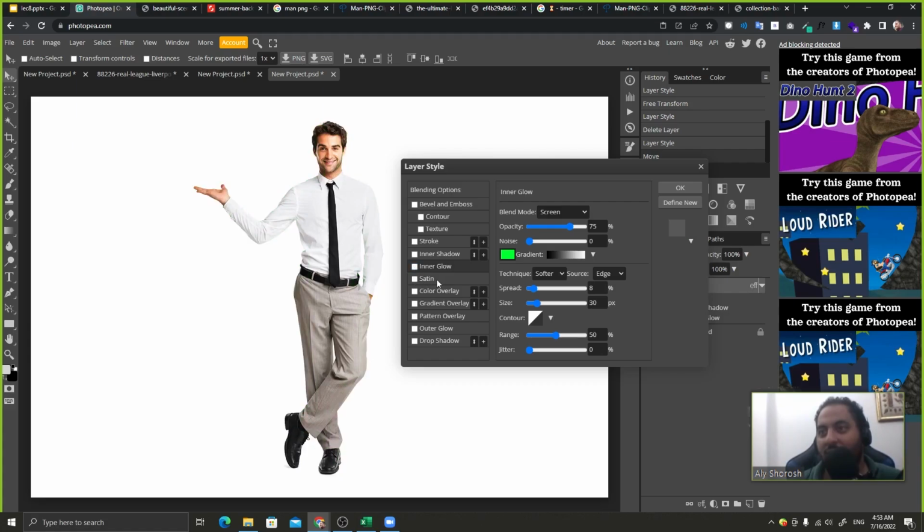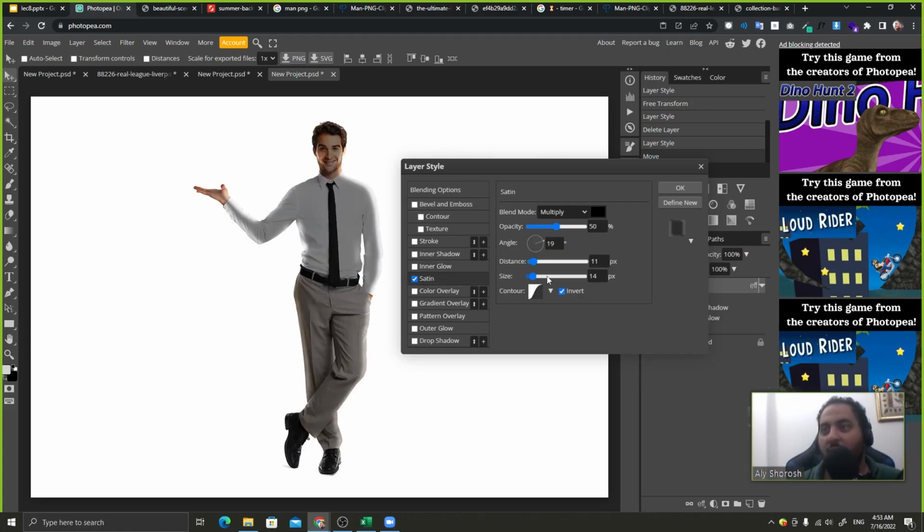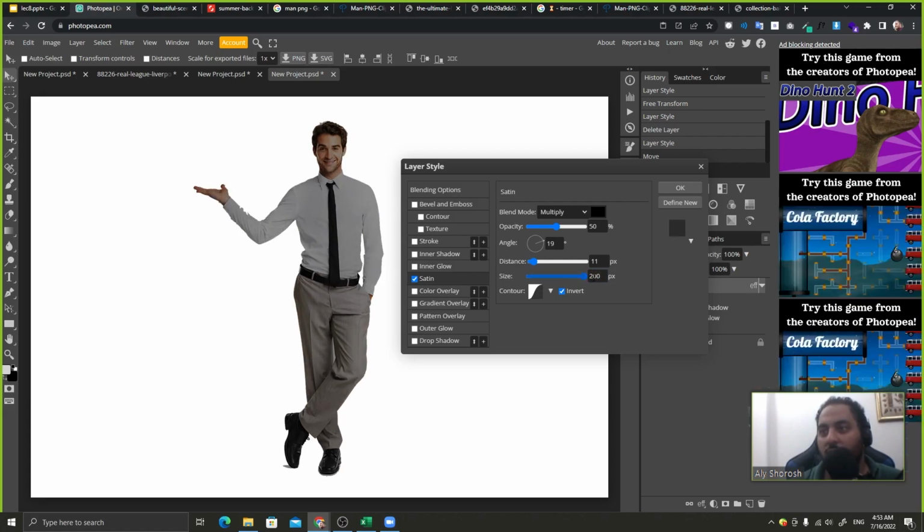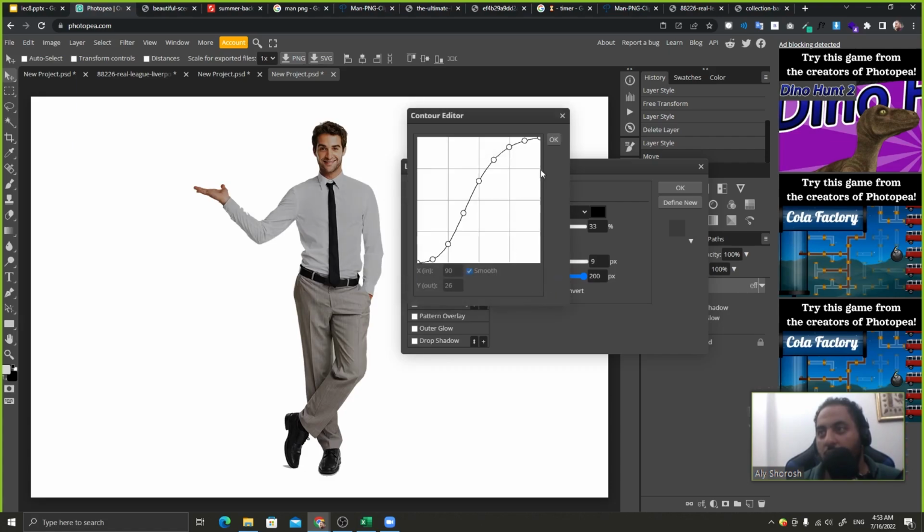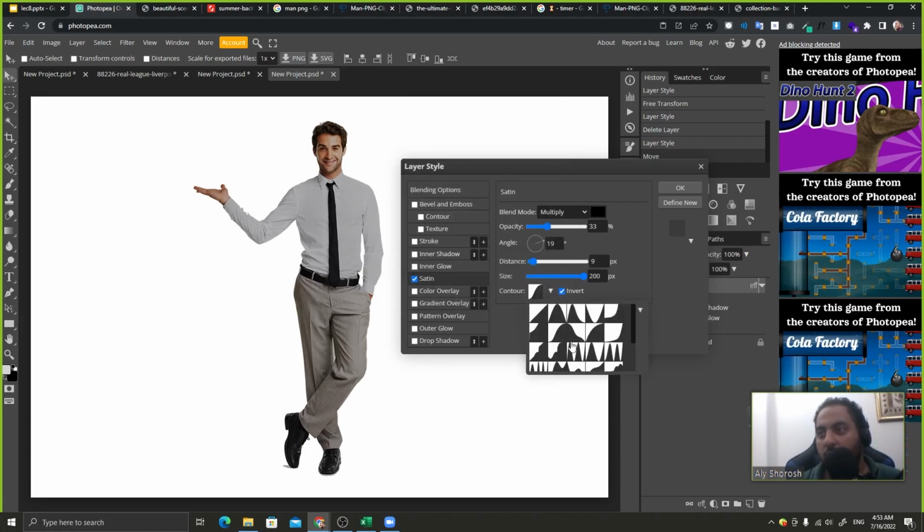And also you can add satin. Satin gives you a layer of darker color. You can make it size 100 to take the maximum, to make the whole image have this dark, and you can change the opacity as you want. So this helps you to darken your image, and also to have some contour